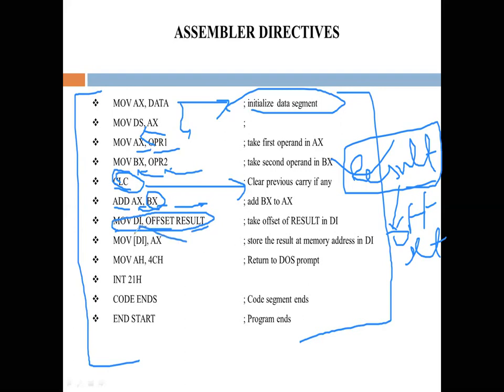Then the processor can calculate the physical address of this result memory location and move the result into that memory location from the accumulator. These commands are used to return to DOS, and after that we end the code segment and the label start.